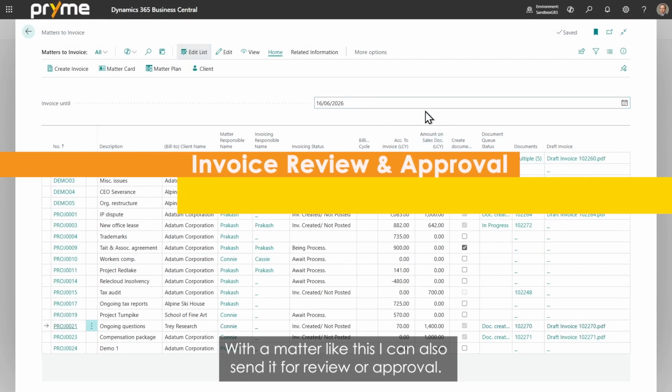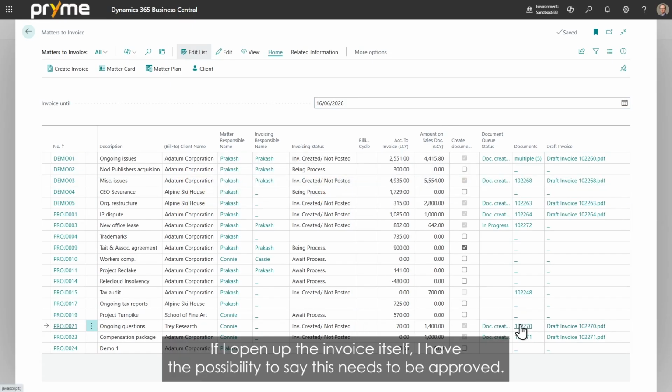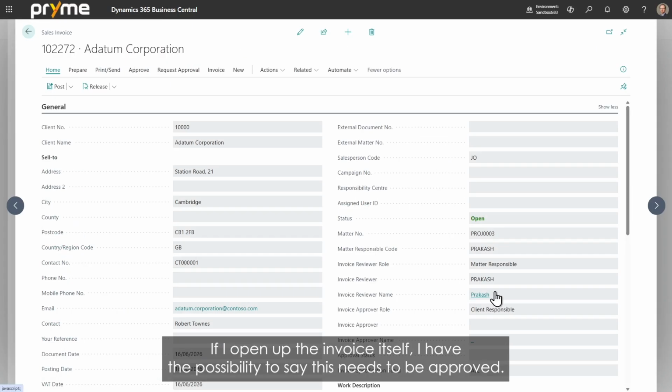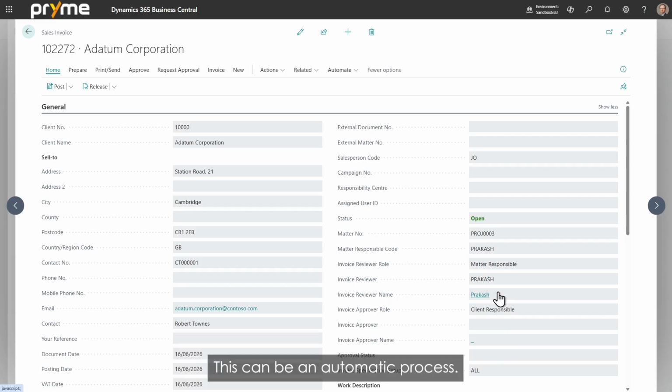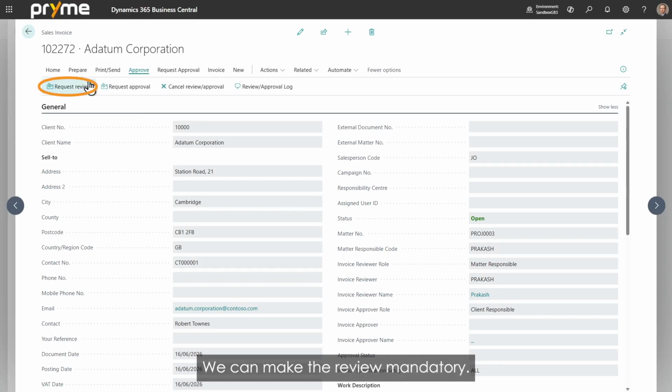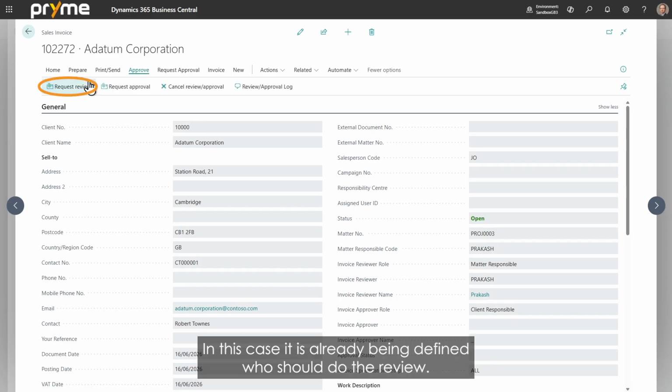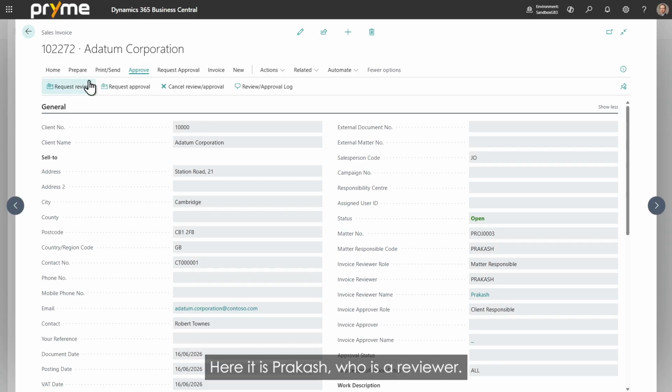With a matter like this, I can also send it for review or approval. So if I open up the invoice itself, I have the possibility to say this needs to be approved. This can be an automatic process. In this case, I'm doing it manually. I would like to request a review on this, and we can make the review mandatory. In this case, it is already being defined who should do the review. Here it is Prakash, who is the reviewer, and so I should be able to send this for review, and